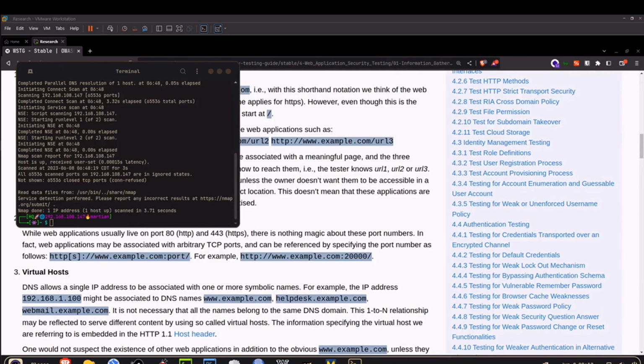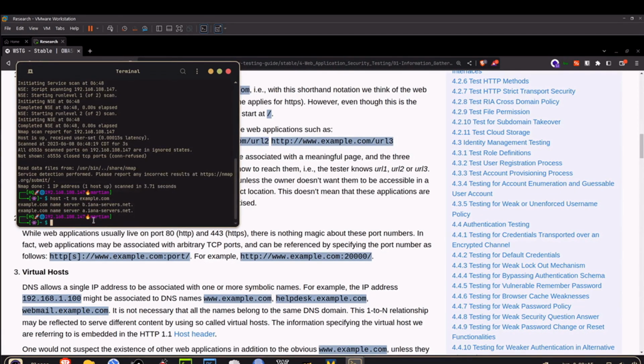As for virtual hosts, DNS enumeration can usually be performed using a tool such as host in the command line for identifying the name servers, and then attempting a DNS zone transfer. In order to identify name servers, we can go host -t ns example.com. We have 2 name servers on example.com, and from there we can attempt a DNS zone transfer if we're lucky